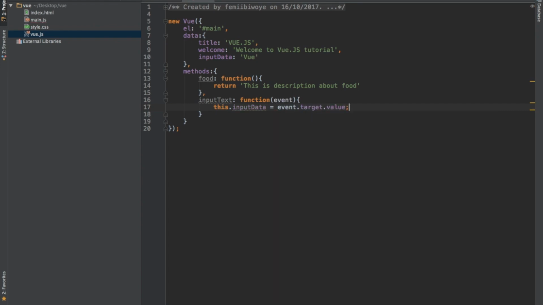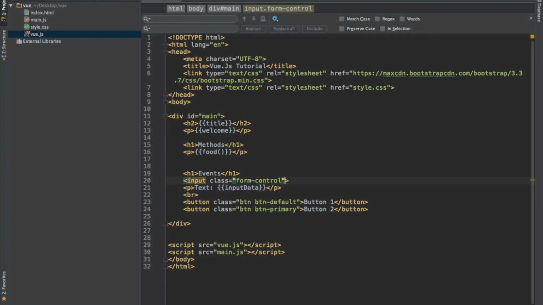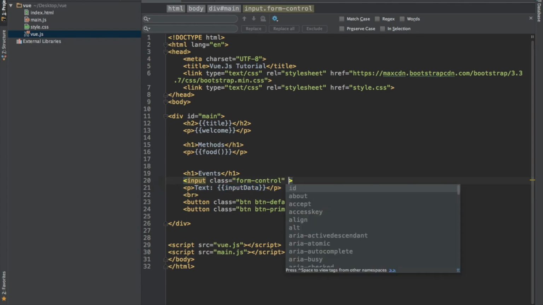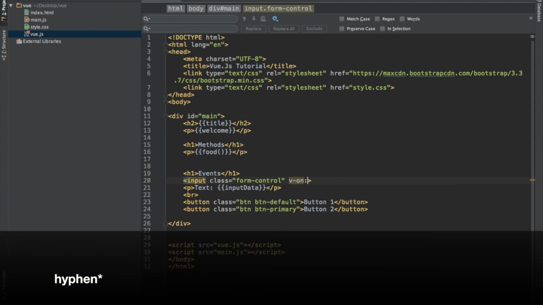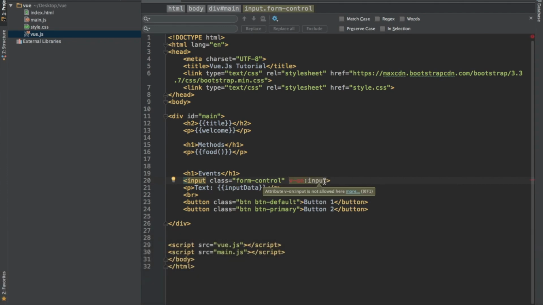Once this is done, we need to include this function name in our text box. So in our text box, we'll make use of v-on, that will say input, meaning Vue model on input of text into this particular input text box. Then it should perform the function we created, which we will paste here.